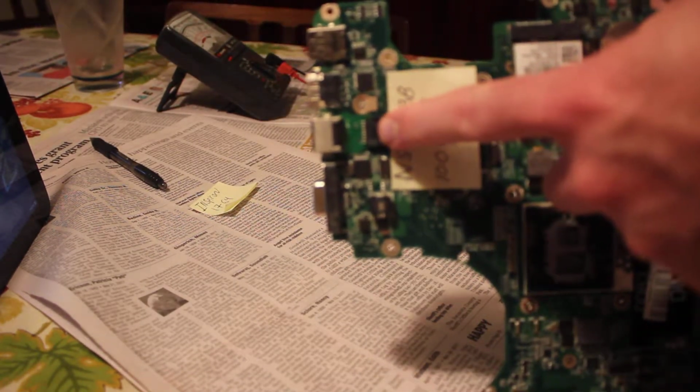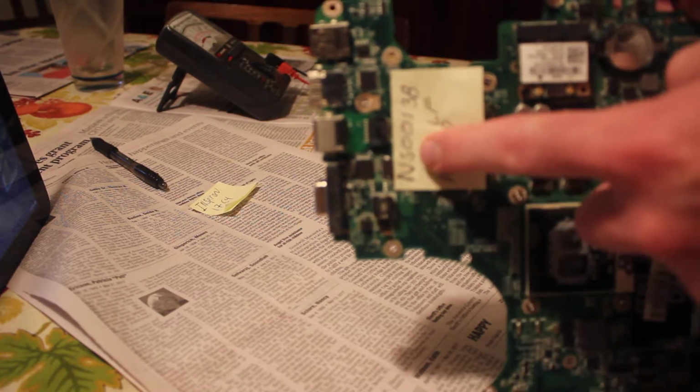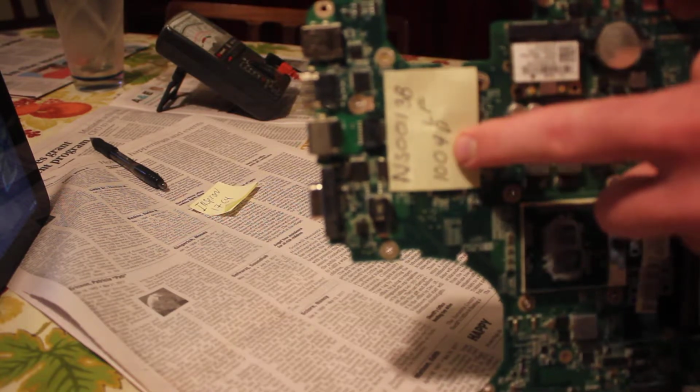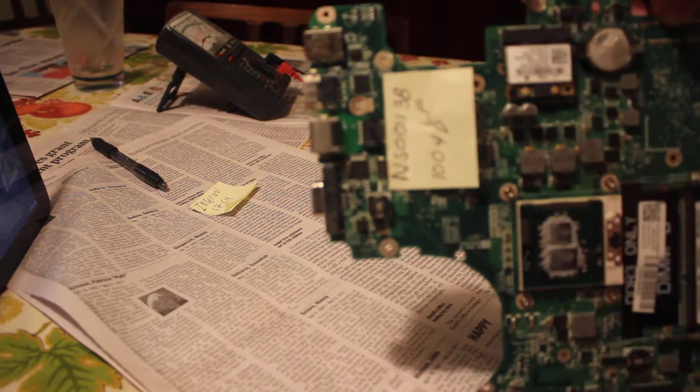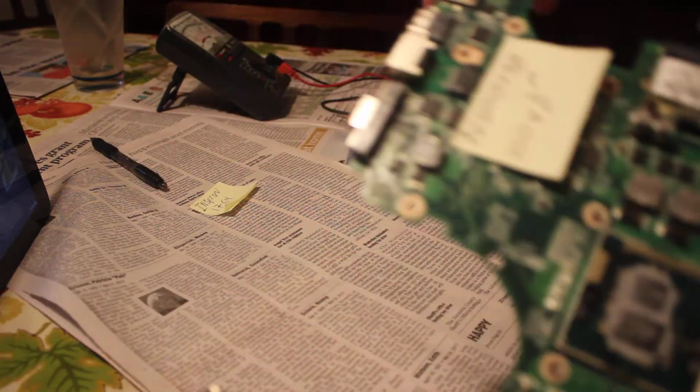It's this integrated chip right here, circuit right here, and it's N50013B, LF1404D. Sorry. So how I discovered that was with this